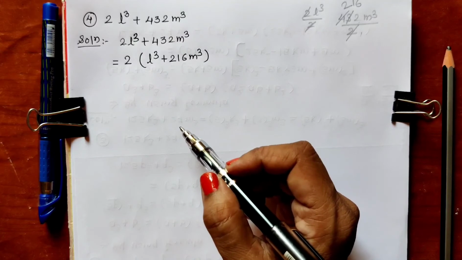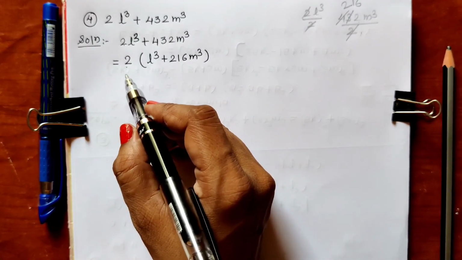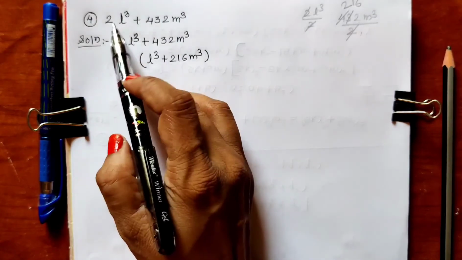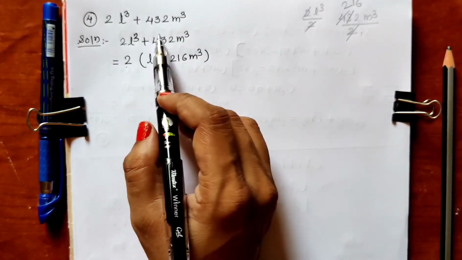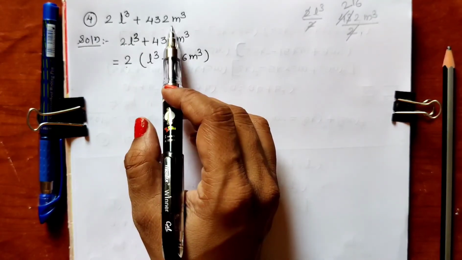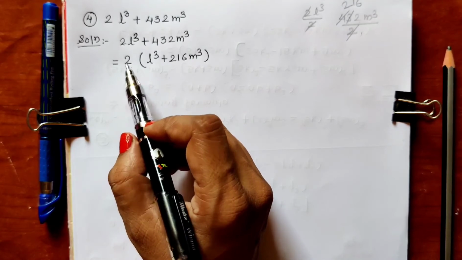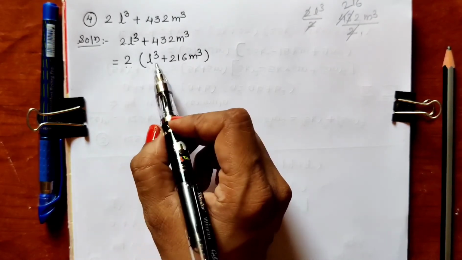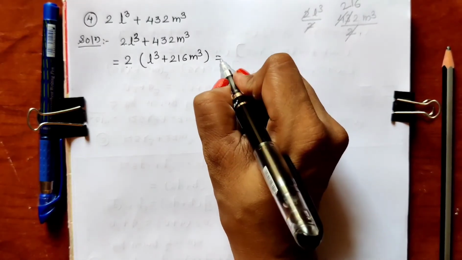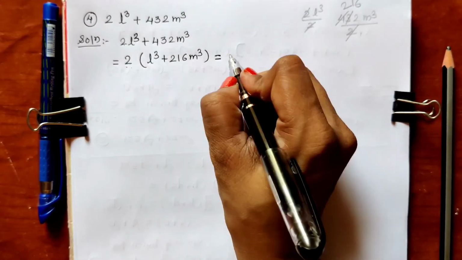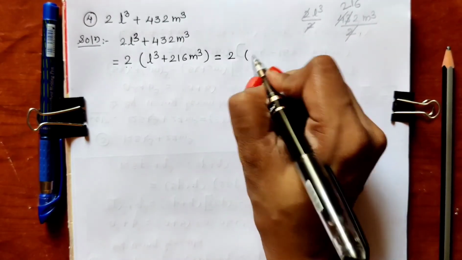into cube format. This 2 we keep on writing as it is because this 2 is taken out common from the question. Okay, in the question a binomial is given and from these two terms we have taken out 2 common. So this 2 we keep on writing as it is and we will apply the formula to this bracket. So let us first convert this, 2 as I have told you, we will keep on writing as it is, 2, and then